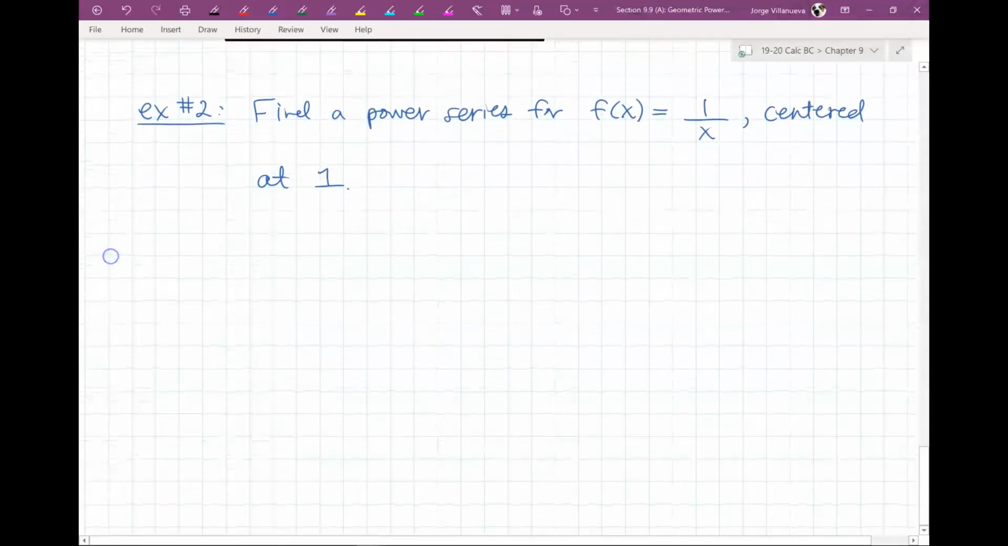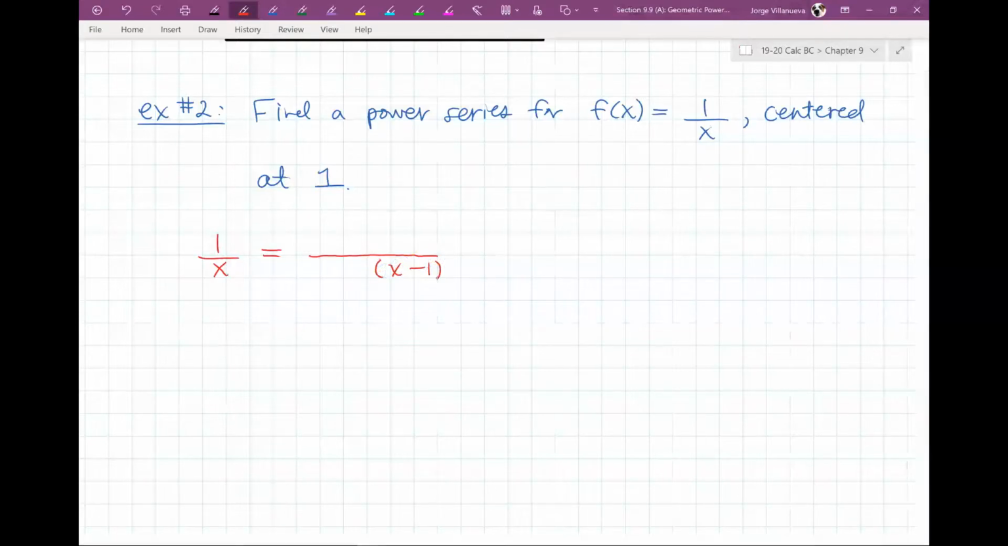Okay, centered at 1. So I want to show this 1 over x, but centered at 1. Now, if it's going to be centered at 1, it should say x minus 1, correct? So it should say x minus 1. Okay. So if it should say x minus 1, and it's supposed to be a minus here,